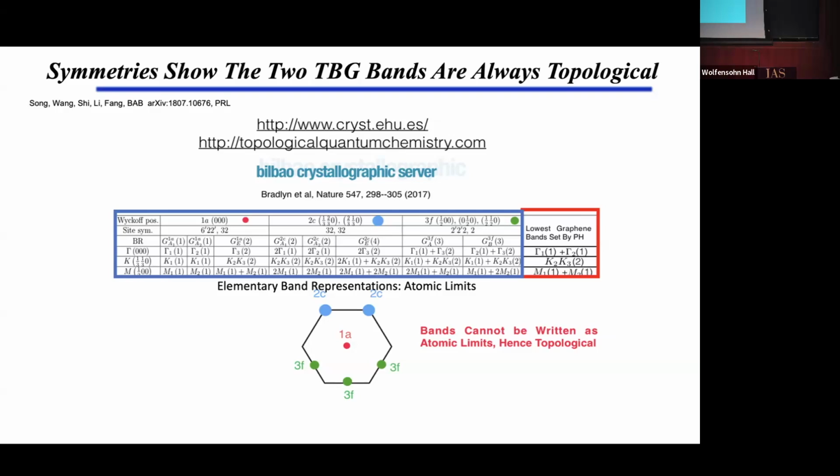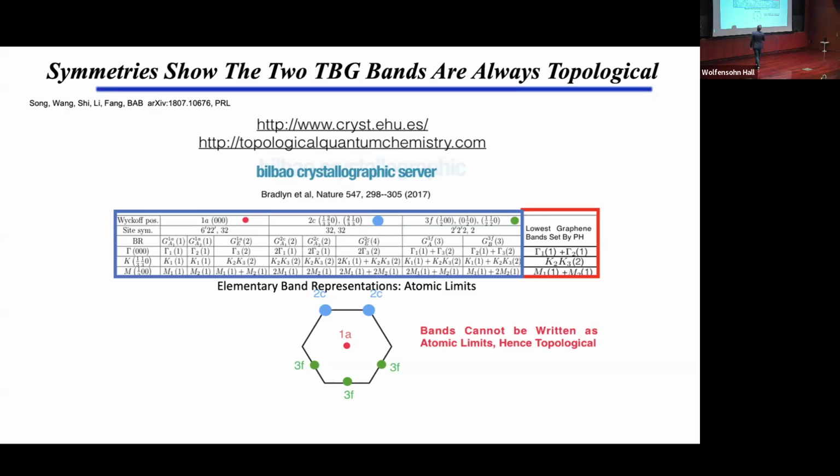And this would be an atomic limit. What this crystallographic number means is the atomic limit formed by px and py orbitals at this Wyckoff position 1a, at the center, in the AA position of the Moiré zone. Why is this good? Well, we've seen where the charge is localized. It's localized at the AA position. So at least we know that we're going to get the charge localized correctly from STM experiments if we do